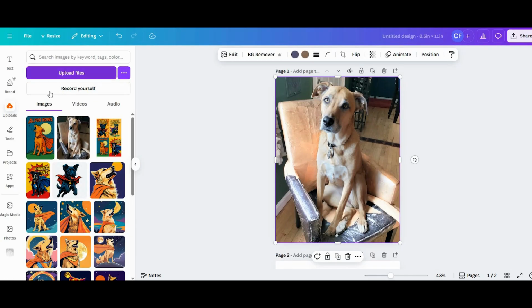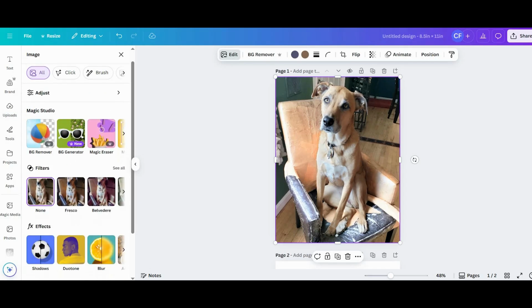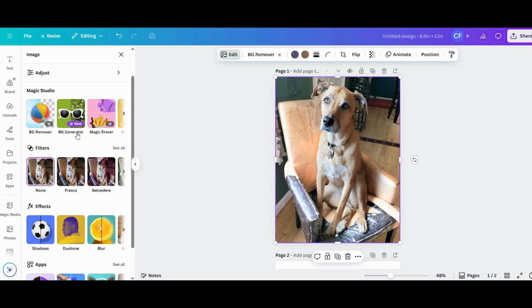One other thing that I found that was definitely a fun thing to use, but it's also part of the paid version, is this new background generator. So my dog is sitting here on this chair that's very ripped up. I was kind of in the middle of fixing it when she jumped up there, but it certainly isn't a good background for her to be on. So if you click the background generator,